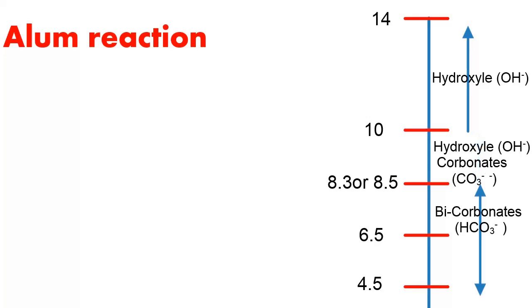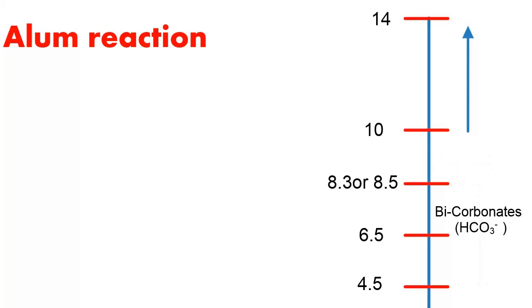to 4.5. If the pH value is less than 4.5, then you don't get any alkalinity. Even though there is carbon and oxygen and hydrogen is there, that forms carbonic acid, not alkalinity. Therefore, our pH value should be 8.5 to 4.5. Some textbooks say 8.3 to 4.5. Next, for this